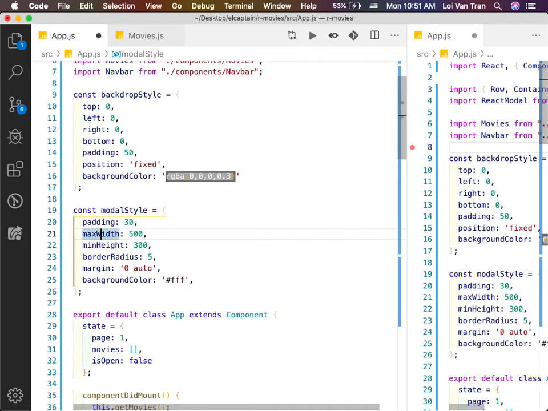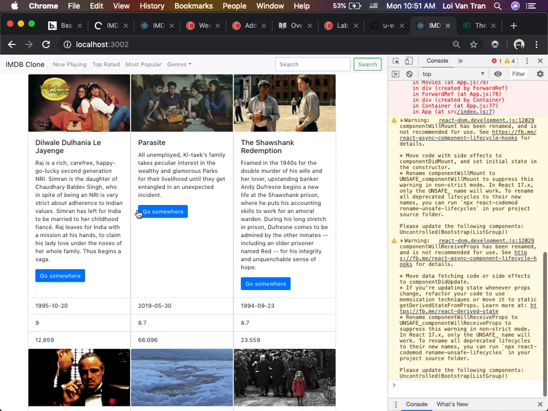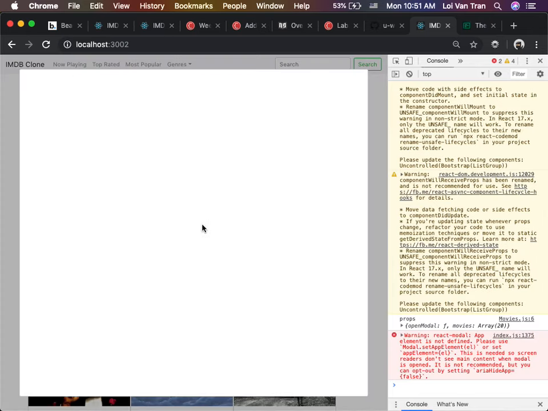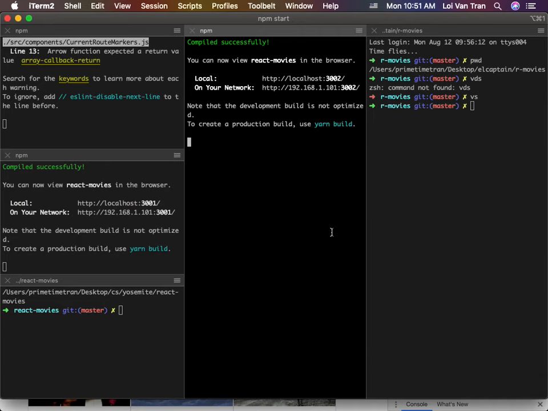How can I make this width bigger? Obviously, I can just mess around with these styles, right? Say min width is what? 190 view width. Okay, save it. Here we go. We got a modal. Okay, so now the next step is what? We're making it work as a